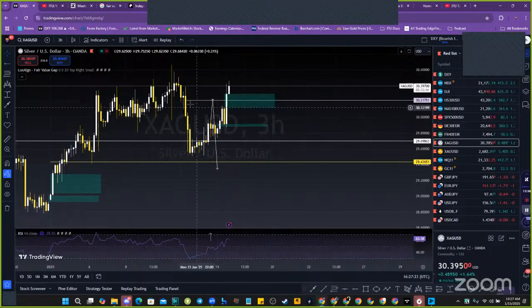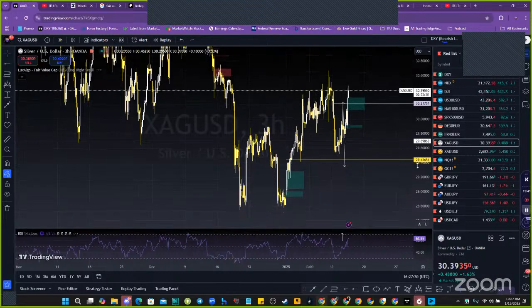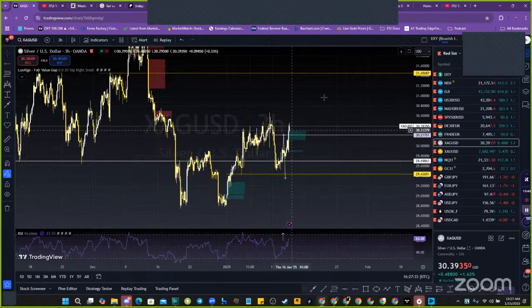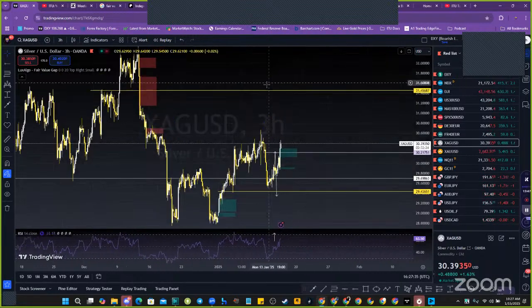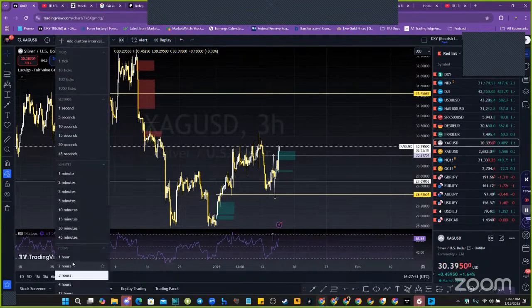Silver has broken the potential resistance. So that's probably going to continue its buy, right? We talked about this being a previous held support last night. So if it wants to, it can continue bullish. And then we have the fair value gaps here at 31.45. So if I'm looking to trade this,